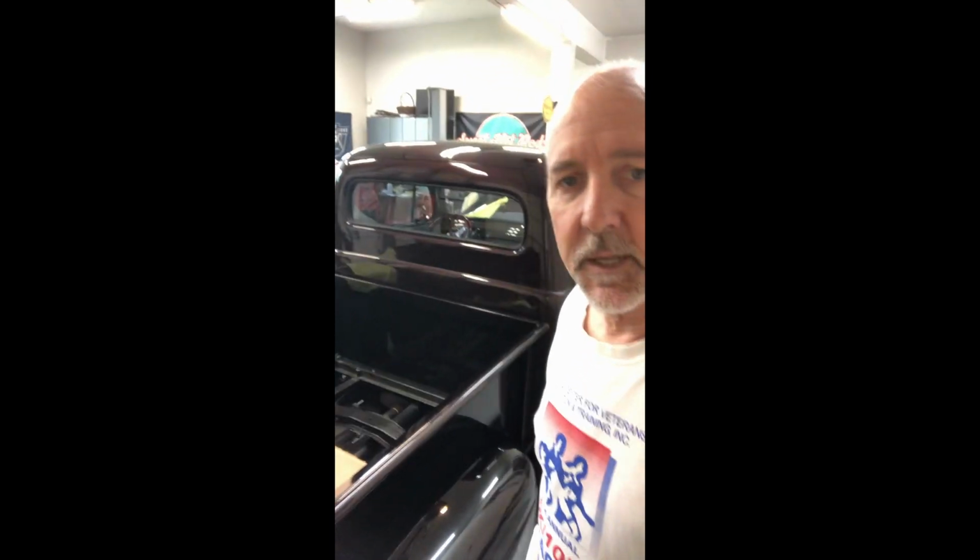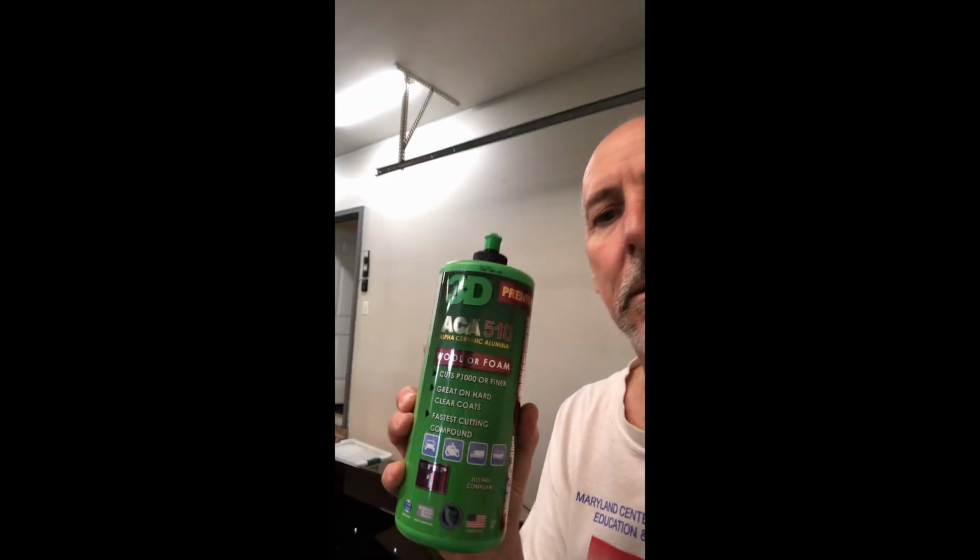Today we're working on getting the truck finished up with wet sanding and polish. I've got some done already, and let me show you what else we have here. We just have the doors on both sides, but we're going to finish that up, and we're using this 3D cutter, and it's been working really well. So we're going to finish up these doors, but the thing that I really wanted you to see is my